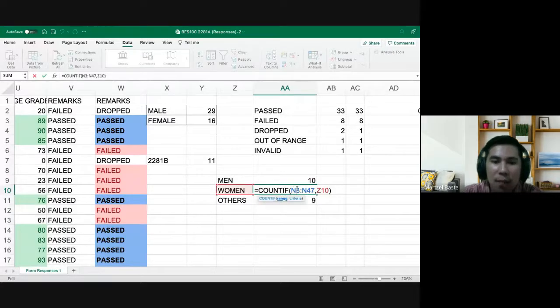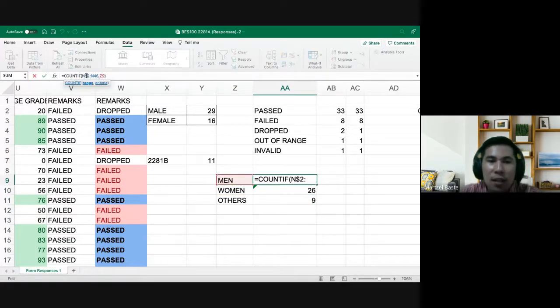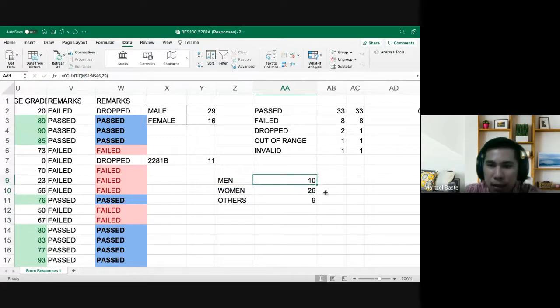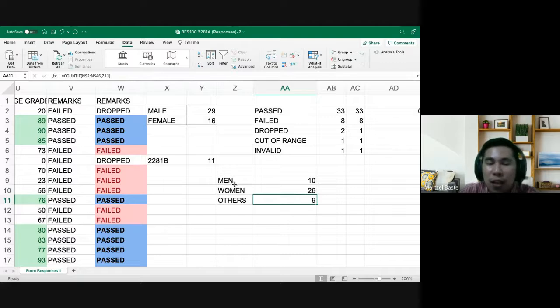N3, so this time dapat N2. So mao to dapat naka again naka dollar sign ni ato ang before sa row kay para ang iyahang kwaon na value would be that range, no, the same range. So in geodetic engineering, there are